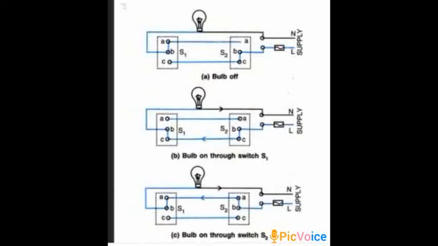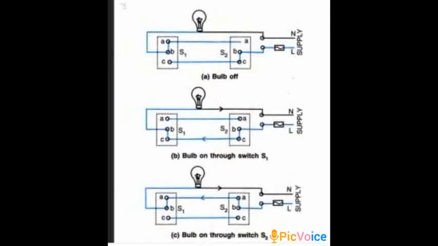from C to B, then to the bulb, and from bulb to the neutral. You can see the live wire coming, live wire enters the fuse, then it comes to B, then to C, then to again this C in this switch, then B, and back to the supply. So the circuit completes, it is getting one closed path, so the bulb is glowing.